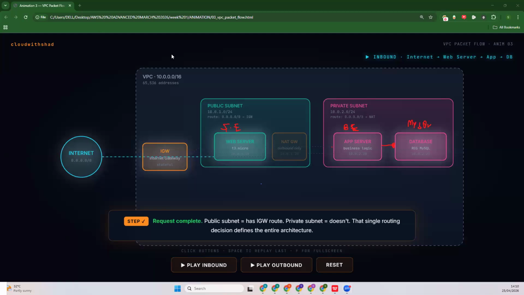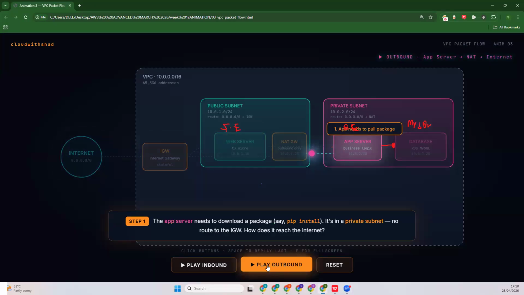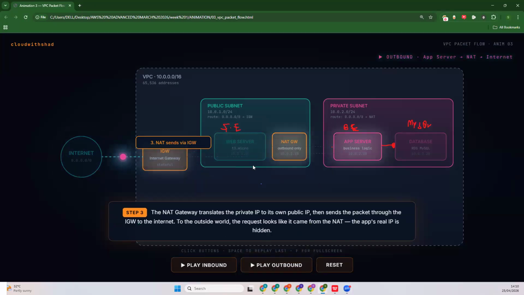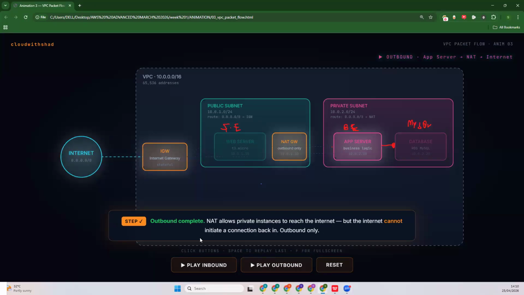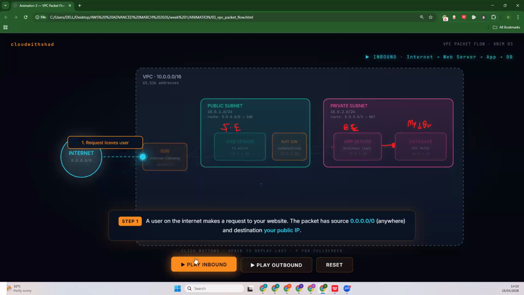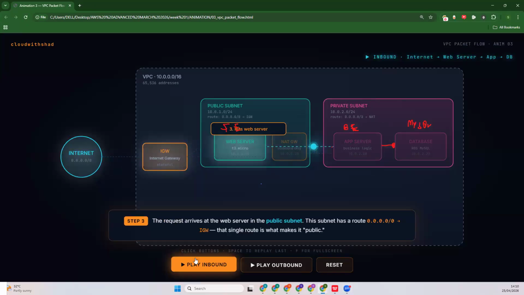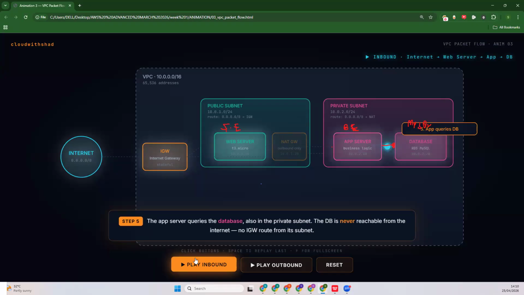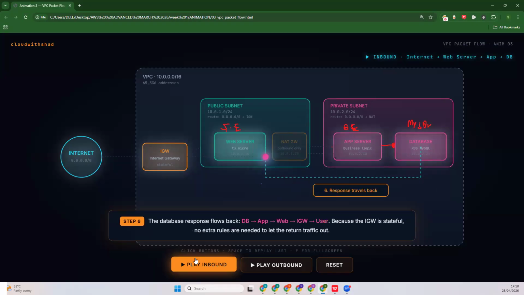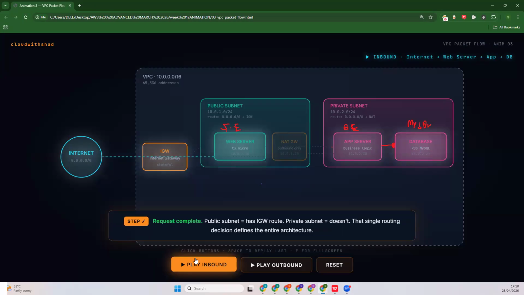Okay, good. Now let's play the next animation. So what about outbound, right? Outbound, I think it's almost the same thing. It just goes out, just showing outside. So inbound is really like how we see the web pages that we see. All of these steps will take place. Great. Any questions before we try to run